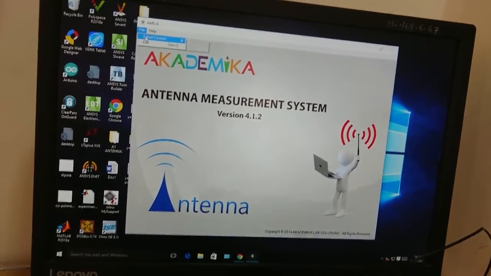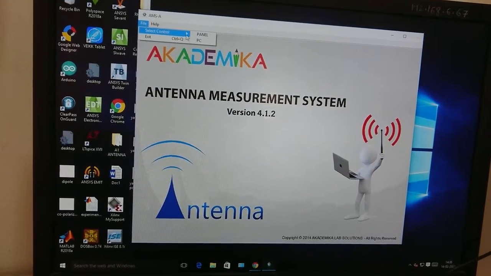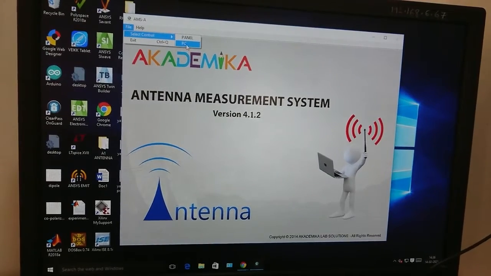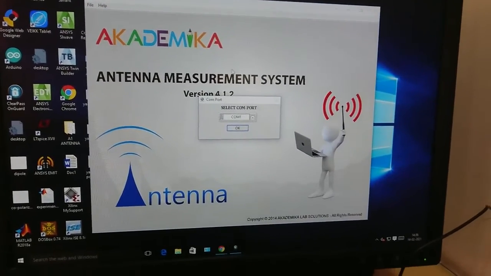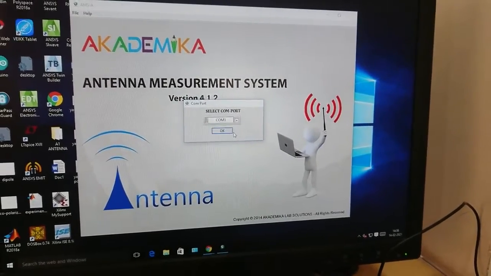So go to file, select control. After selecting the control tab, it asks either panel mode or PC mode. We are using PC, so select PC mode. Now select COM port, connect to COM3.